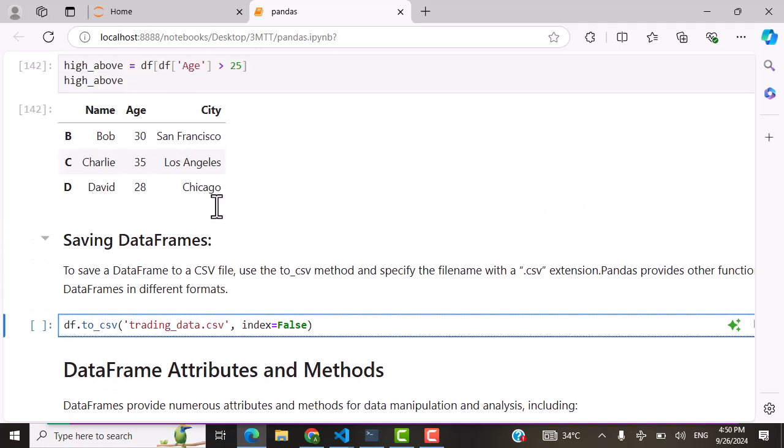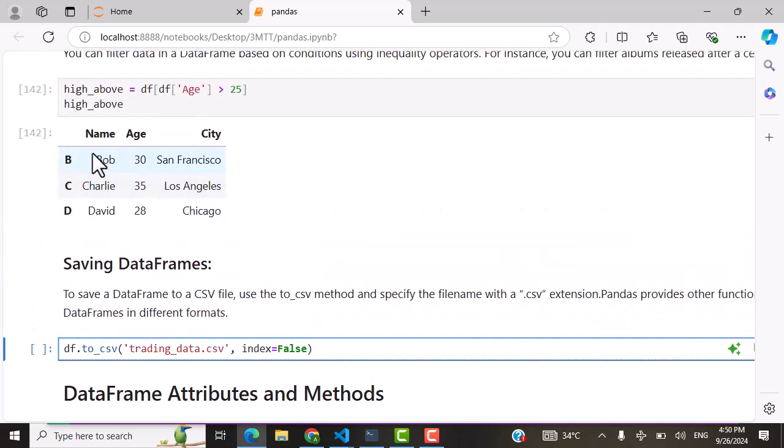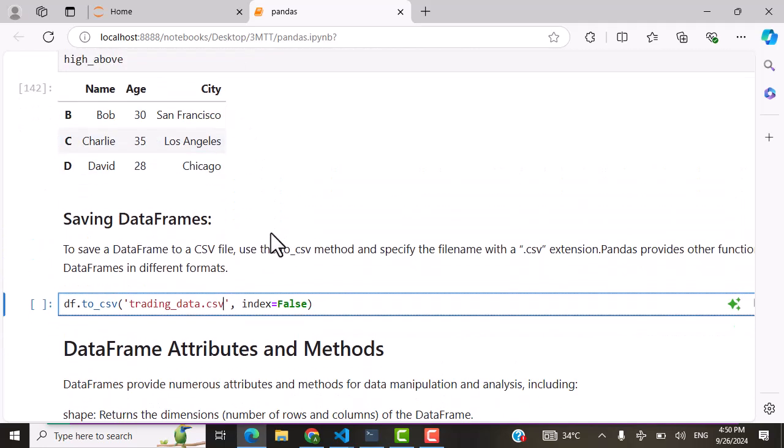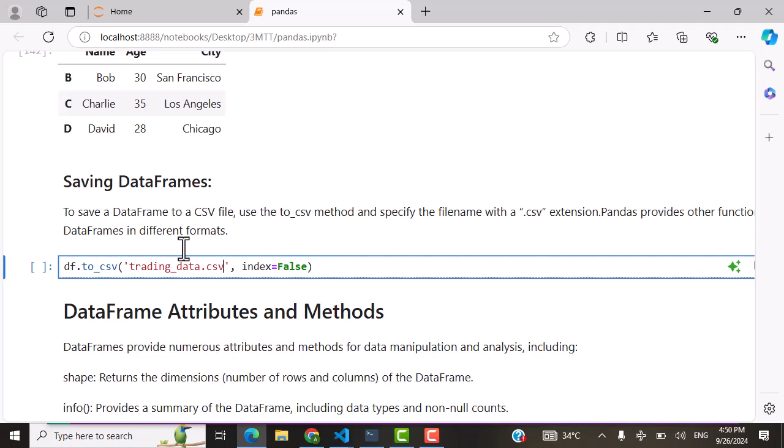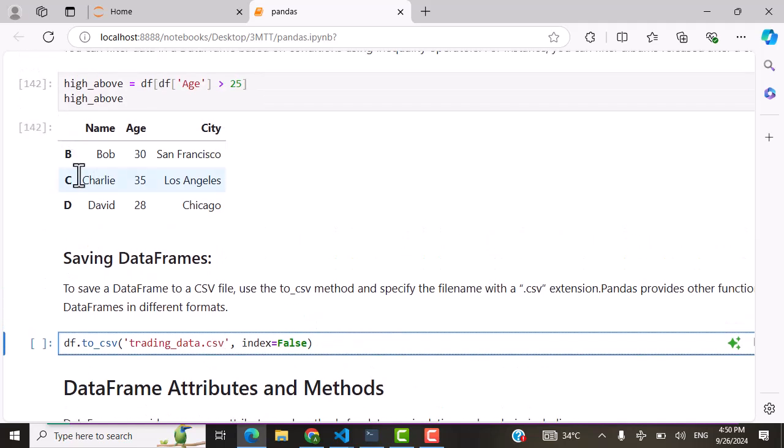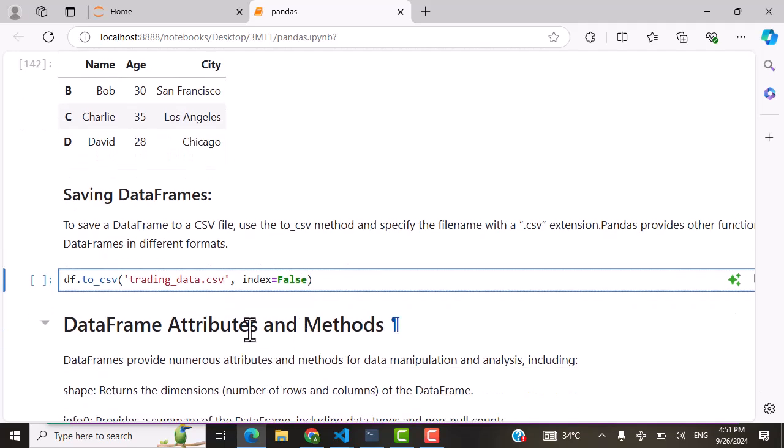Why are we saying index false? We don't want it to come with this index. We just want our name, age, city columns. If you don't set index to false, it will include this ABCD or 0123 index. So once you've saved this,